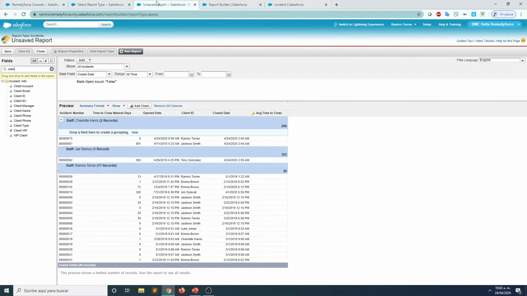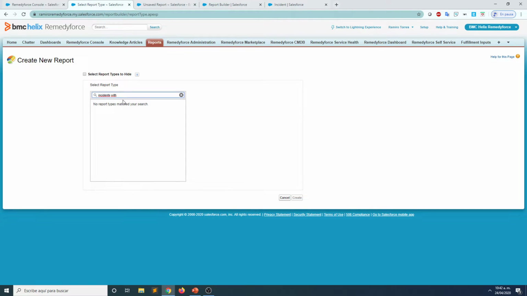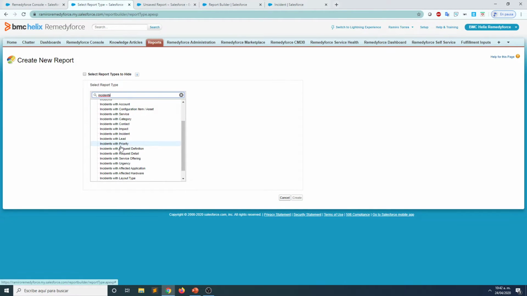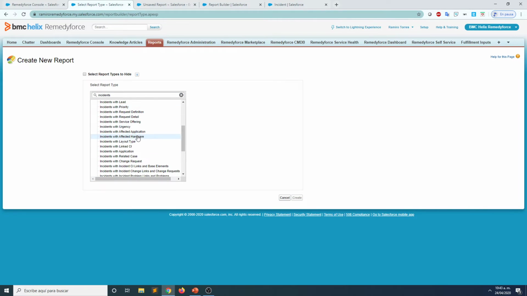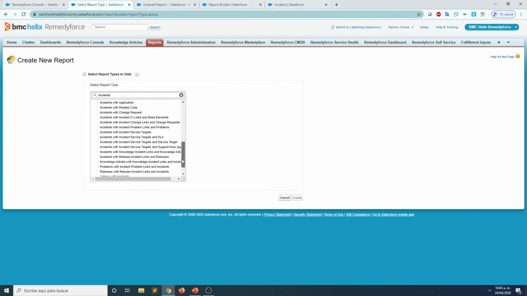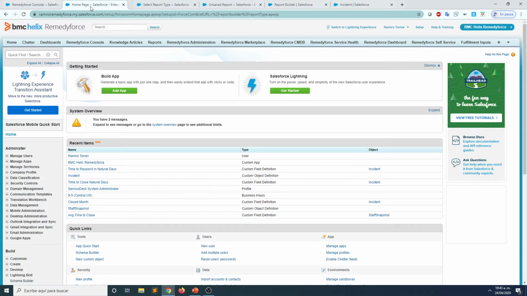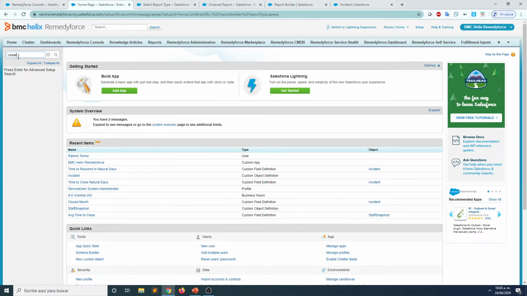So then we have two options. Option number one is to try to find a report type that contains clients. So let's see if we can find something related to clients. Linked CI, urgency, request definition, account. Okay, we don't have one report type for that. Now, option number two. Let's see if we can create our own report type